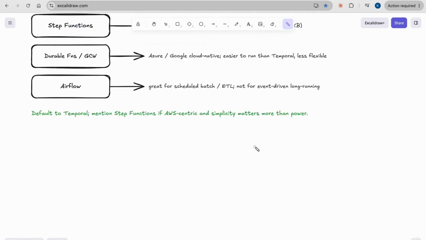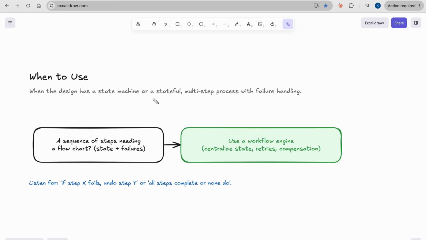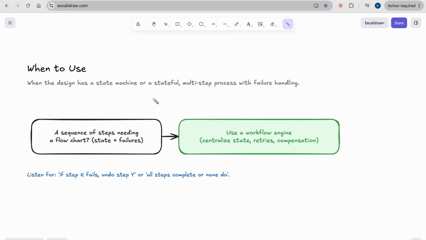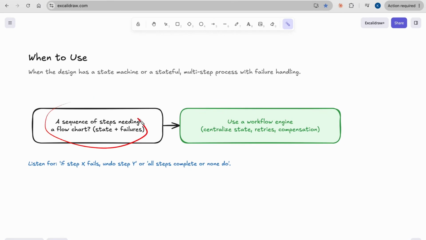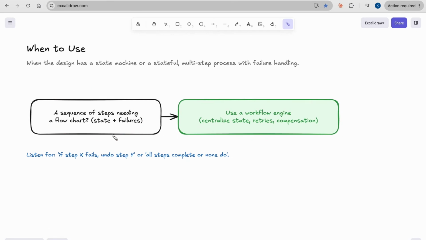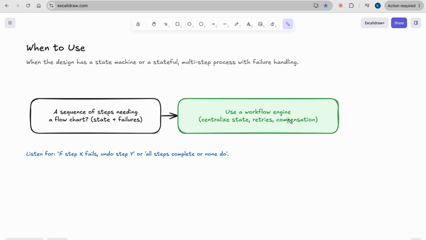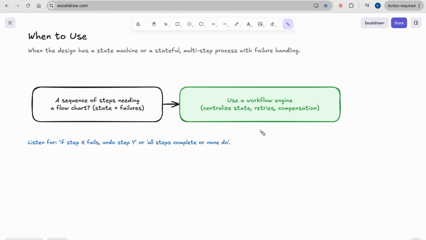Okay, now the question is when should we use it and when not to use it. Whenever we see a state machine or stateful, multi-step pattern, see if we can think in terms of workflows and activities, and think of Temporal and how we can use it as glue between all our services. If there's a sequence of steps needing a flow chart, then definitely that's the pattern, and we use this workflow engine to centralize state in one place, with retries and compensation, making sure of determinism and all the principles, activities and so on.